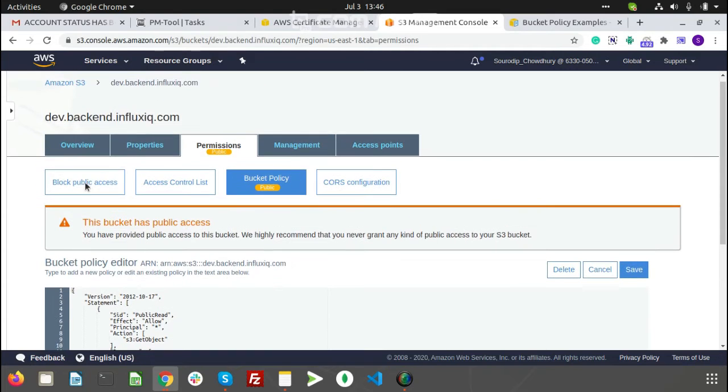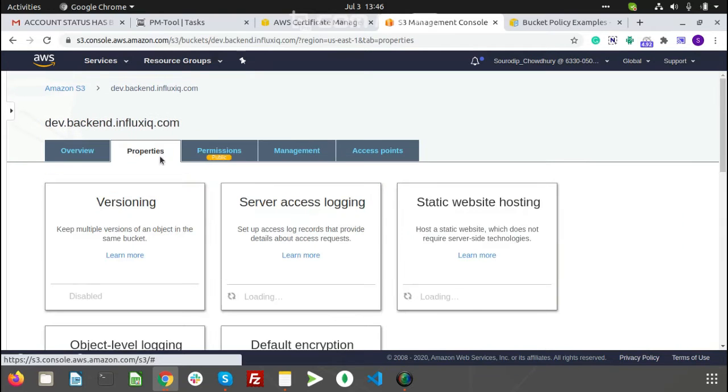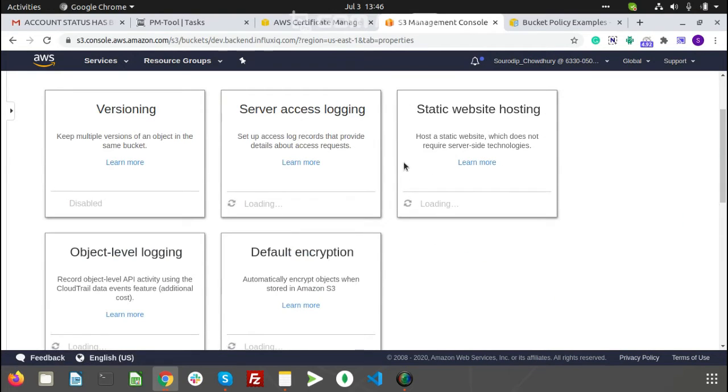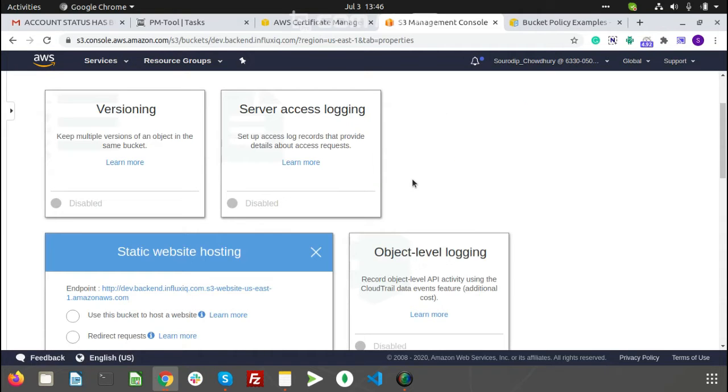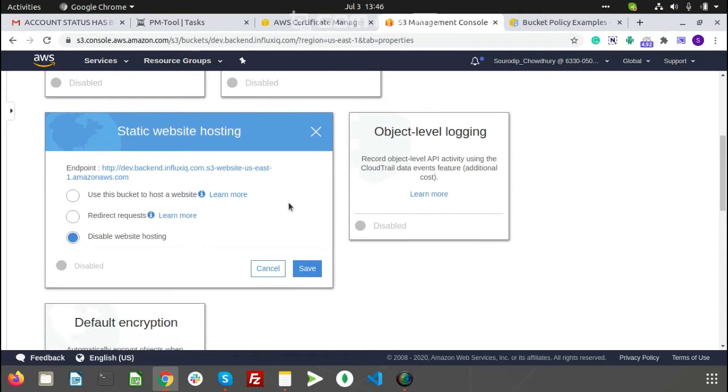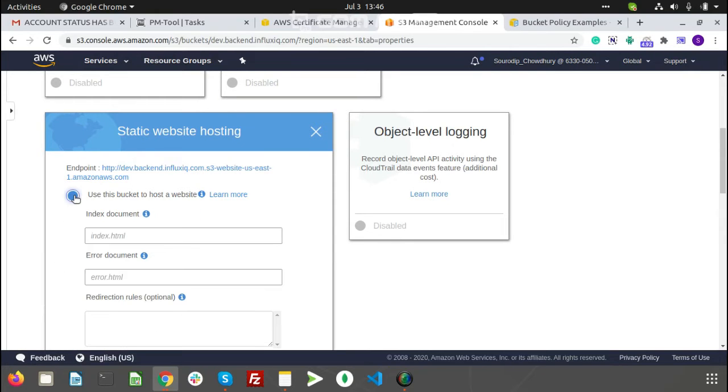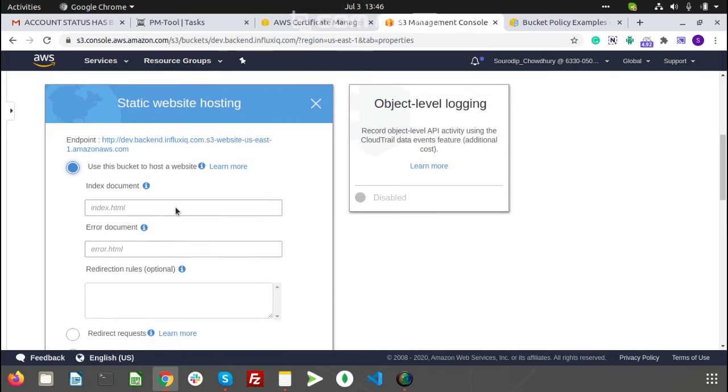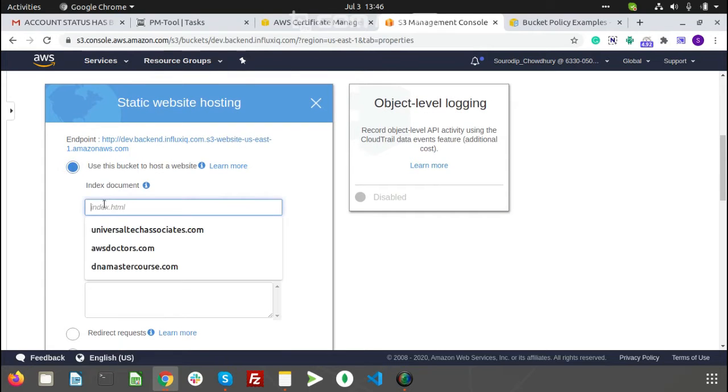Now we need to go and enter the properties and static website hosting. Here we need to enable static website hosting and give them the index document. Since we are using this Angular project and my index document is index.html, we need to mention it.